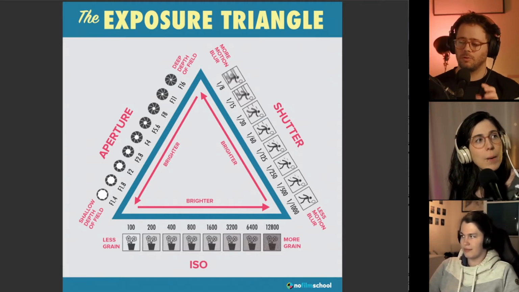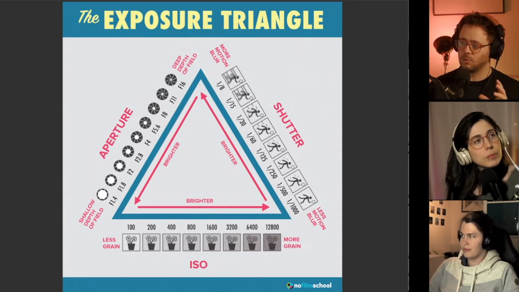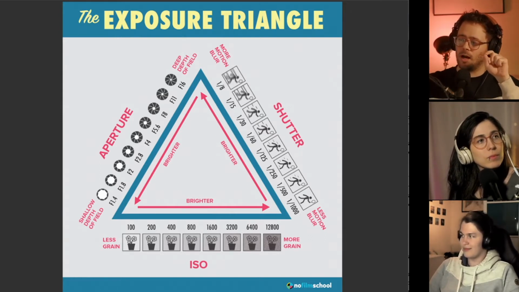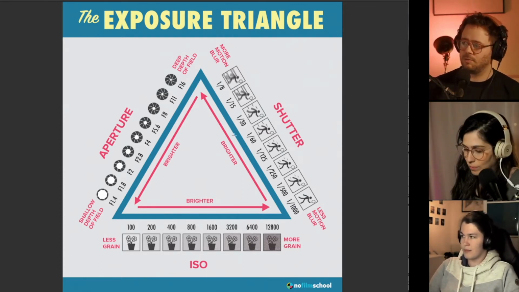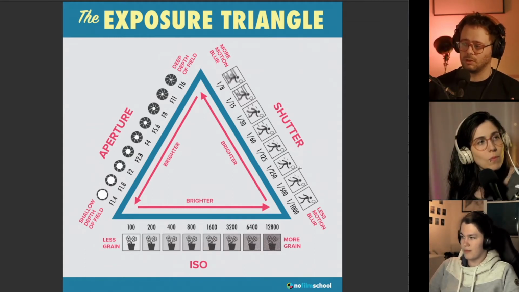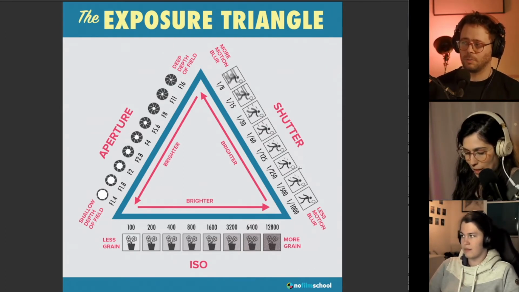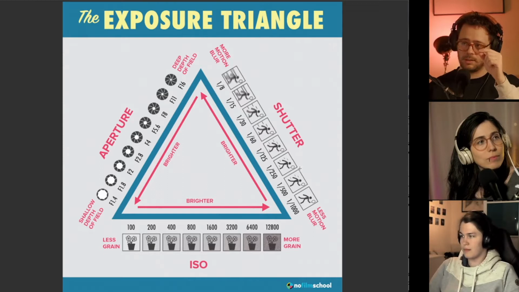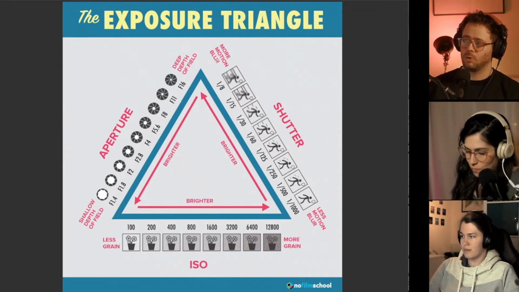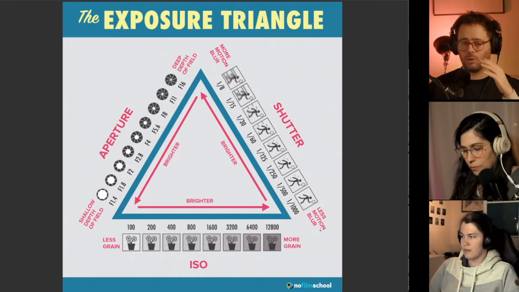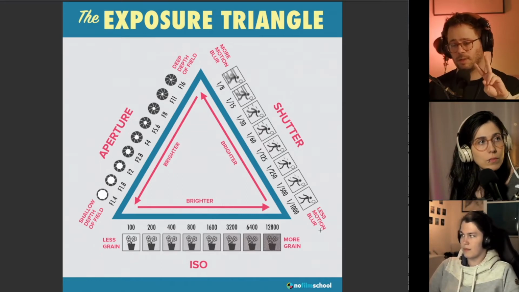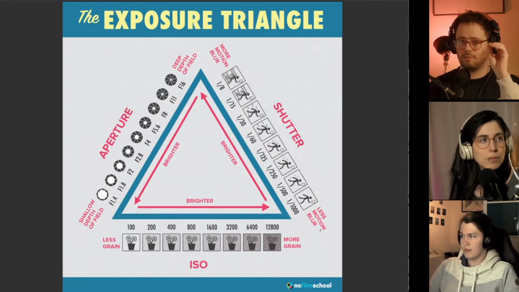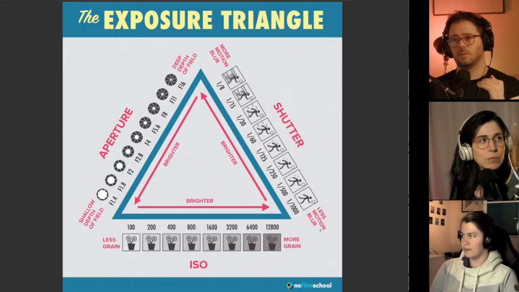Right. So both of you mentioned this thing, kind of danced around it a little bit, I would say. I want to point out here that if we look at the triangle, we can see that every line of this triangle is referring to one of these features. So we have the shutter, aperture, and ISO. But at the end of both of these lines, we have two descriptions. So more motion blur, less motion blur on the shutter speed, meaning that every one of these controls has two different effects, or like one effect that they can raise or decrease the intensity of.